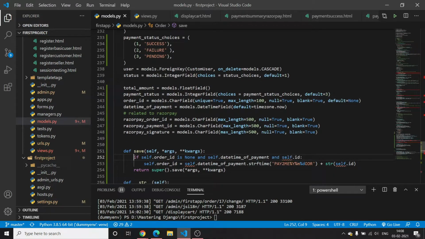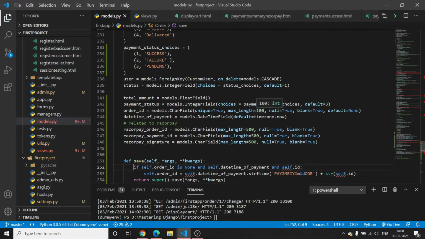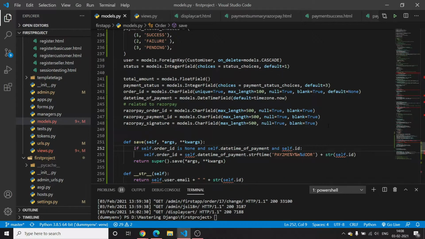So for generating the order id which is unique to every order, which will be displayed to the user, because as soon as we purchase something on an e-commerce website or do any kind of payment, they generate some order id with that, and that order id is given to the user with which he can raise any queries or doubts regarding that particular product.